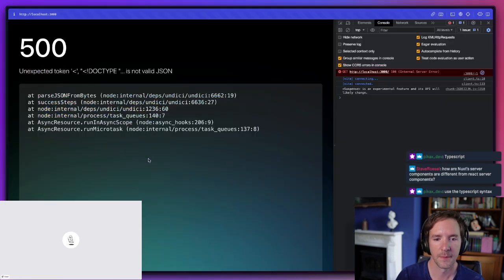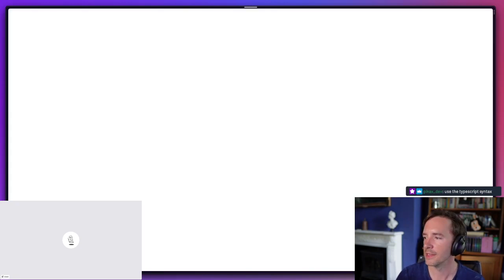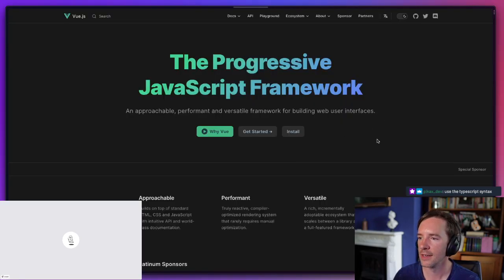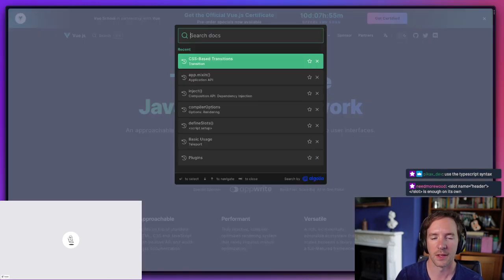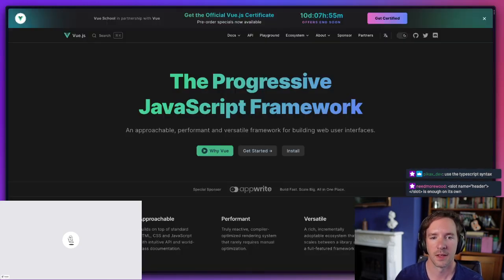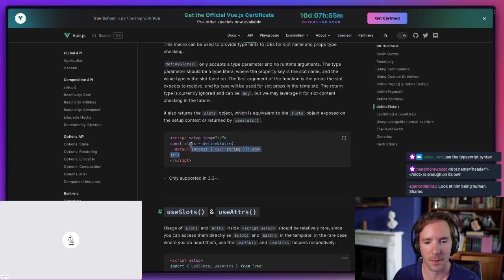So sorry about this. I just can't remember my basic Vue.js. Let's see, defineSlots. Oh yes, that's almost certainly what I want. But I just want something I can copy and paste. Okay, yeah, there we go.